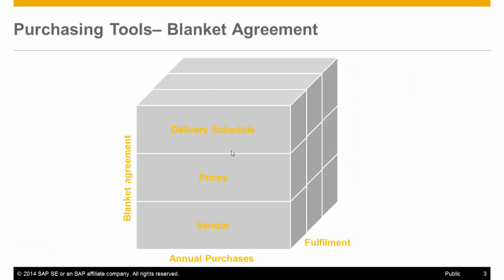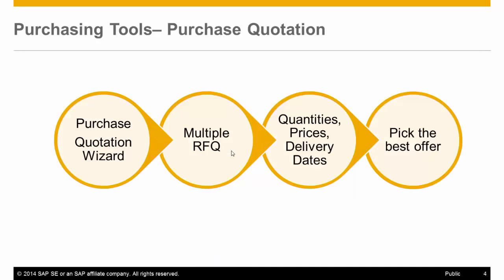With SAP Business One Blanket Agreement, you can plan your purchases for the entire year, including delivery schedule, and set prices with your vendor, and then you are able to keep track of the fulfillment level at any point in time. For purchase of new items, use the Purchase Quotation Wizard tool, which allows you to send multiple quotations to your vendors, requesting proposals for quantities, prices, and delivery dates, and based on their replies, select the proposal that best fits